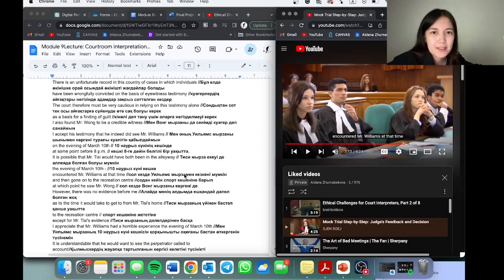So this script is given for you to practice at your own pace and in your own way, whichever suits you better. And now what I want to cover as well is that professional ethics are fundamental for interpreters in legal settings. Confidentiality, impartiality, and maintaining the highest ethical standards are essential. Interpreters must also respect attorney and client privilege, protect sensitive information, and ensure that all parties are treated fairly and equitably. So you will be asked to sign a lot of documents in accordance with that.